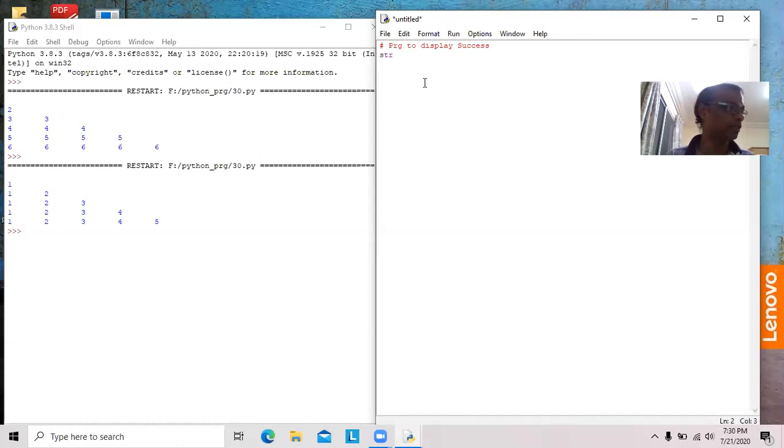I am assigning one variable, str1, which is a string. We can use a for loop, for ch in str1, print ch. That's all, very simple.